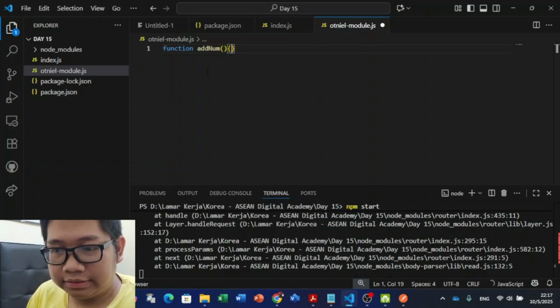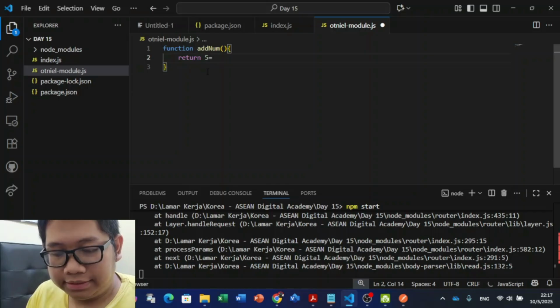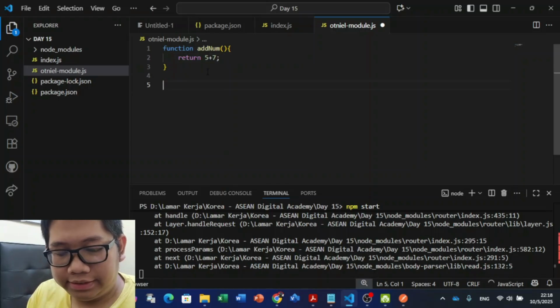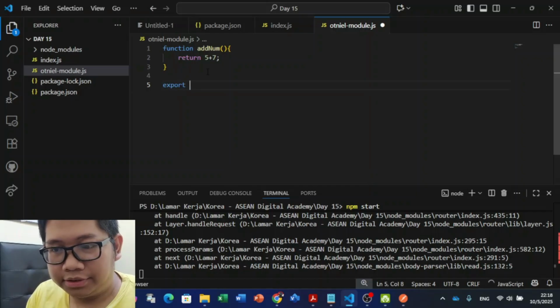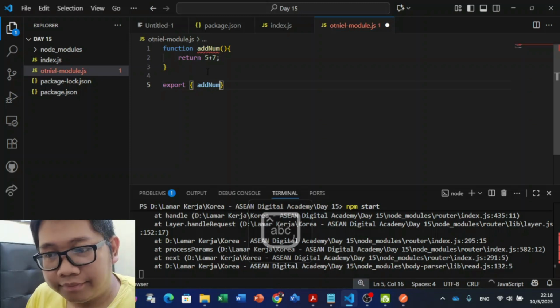And let's use this. It will return 5 plus 7. And then we can use export, addNum. And then use this.